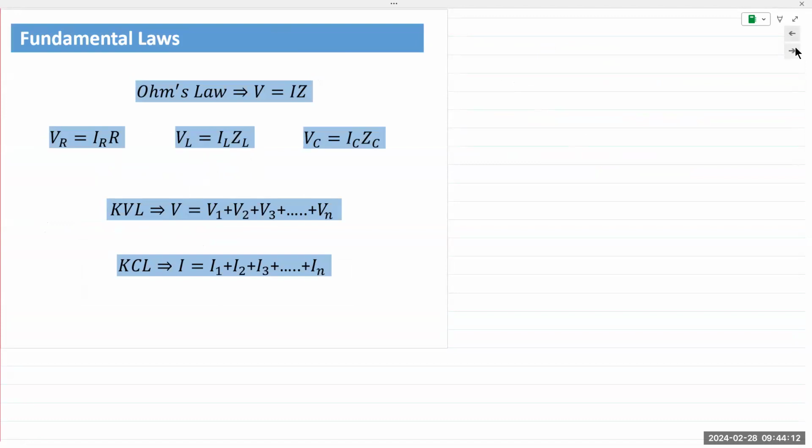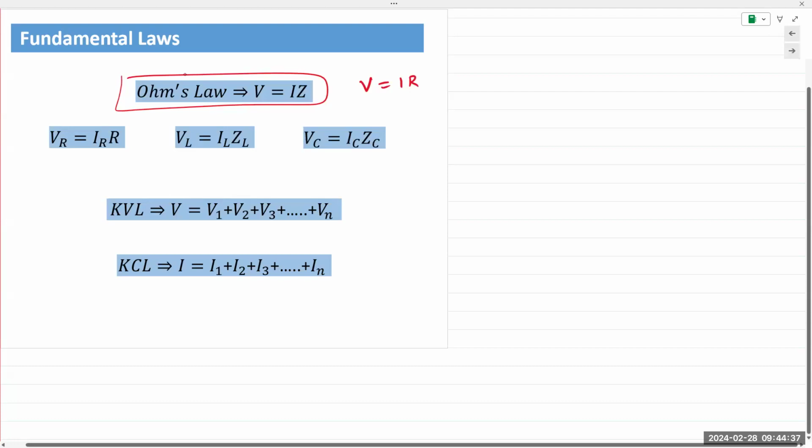So all of the laws that we learned, Ohm's law, KCL, KVL, node voltage analysis, mesh current analysis, everything still works. Everything is still applicable, except that the quantities now are complex quantities, and so you have to take the phase angles into account. So Ohm's law, which was V equals IR,